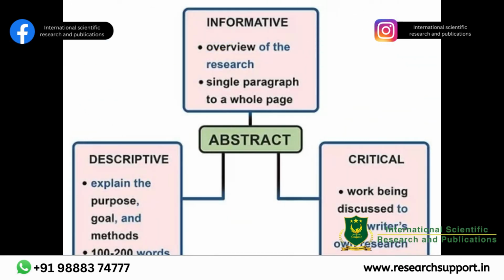And let's move on to the third step, which is create an abstract. Another important step to be taken when writing a survey paper is to create an abstract. The abstract acts as a summary of your survey paper. It should provide a summary of the problem that has been investigated, the methods used, the results of the study,